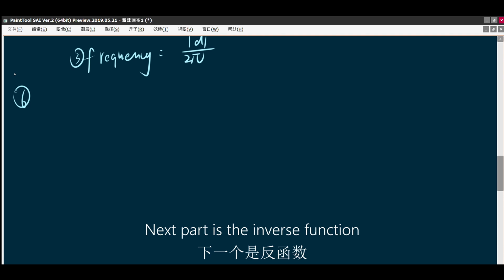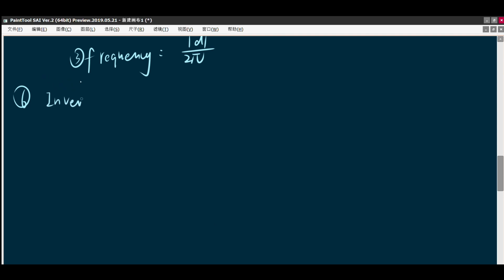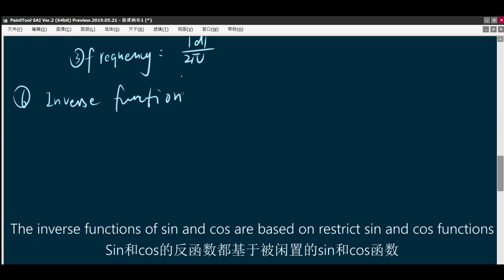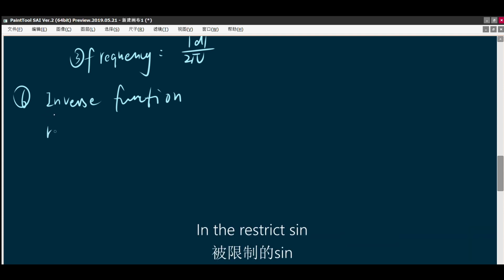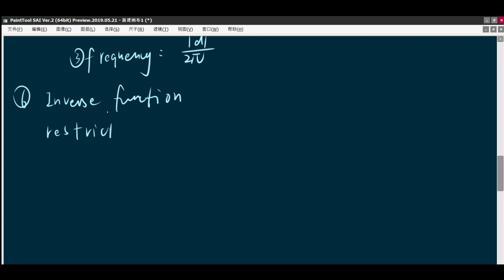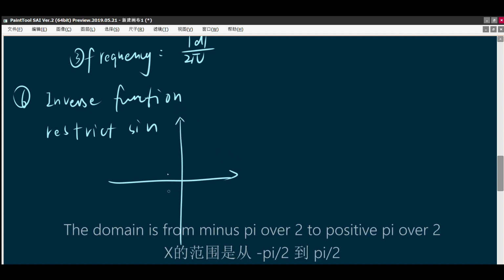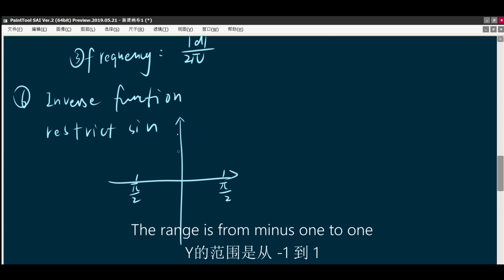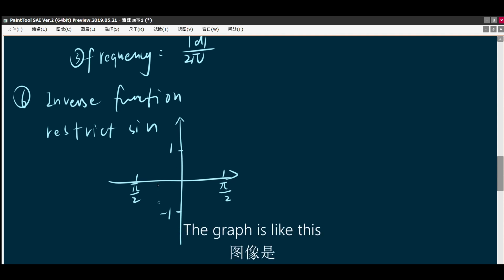Next part is the inverse function. The inverse functions of sine and cosine are based on restricted sine and cosine functions. In the restricted sine, the domain is from minus pi over 2 to positive pi over 2. The range is from -1 to 1. So the graph is like,